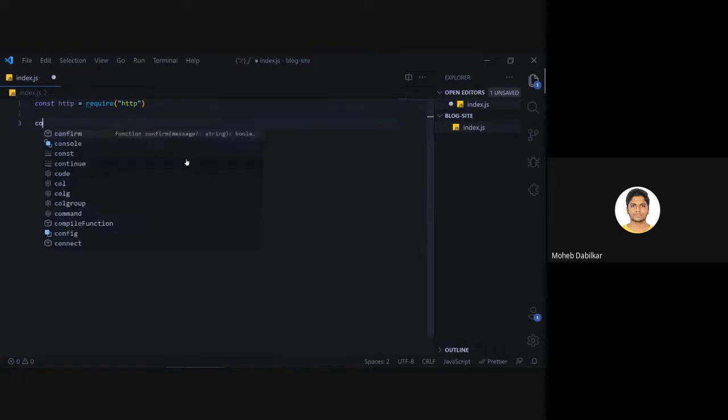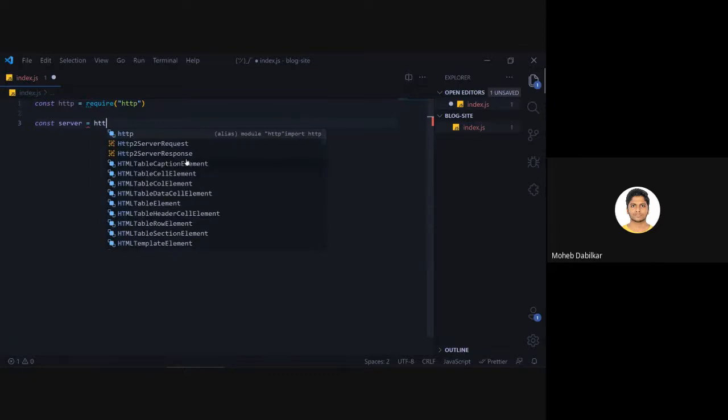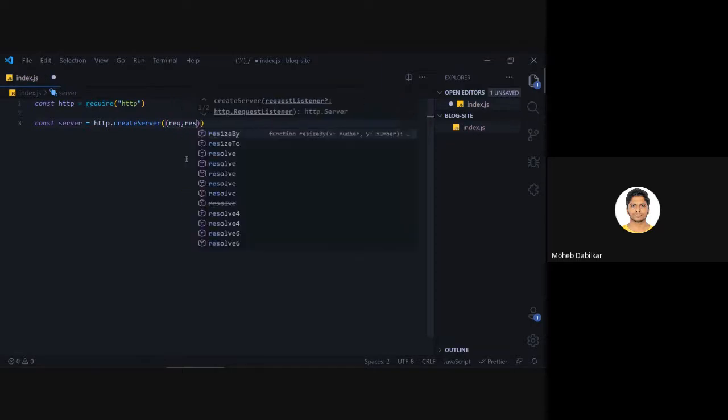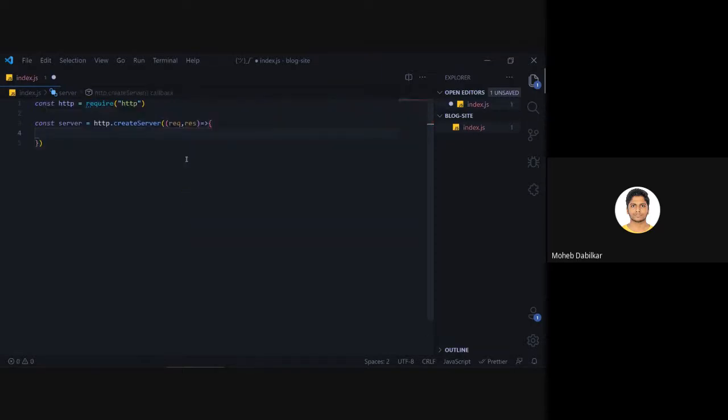Now we have to create something, so we have a server. We say const server equals http.createServer, and then it takes request and response, and we'll say console.log request made. We'll be doing this whenever our server is run. The http module is what allows you to create your server.